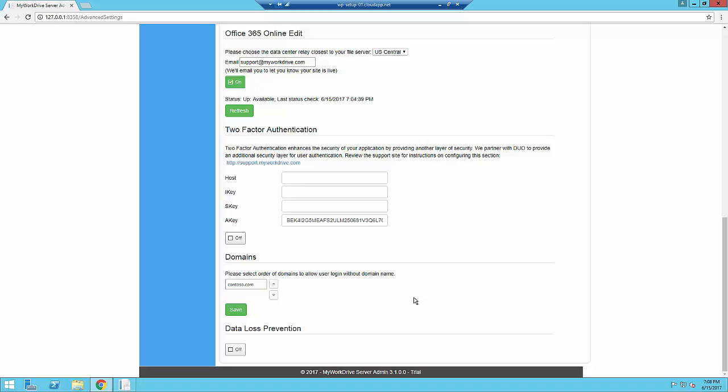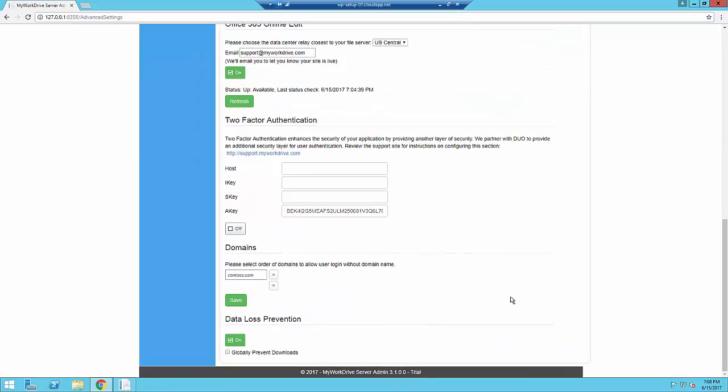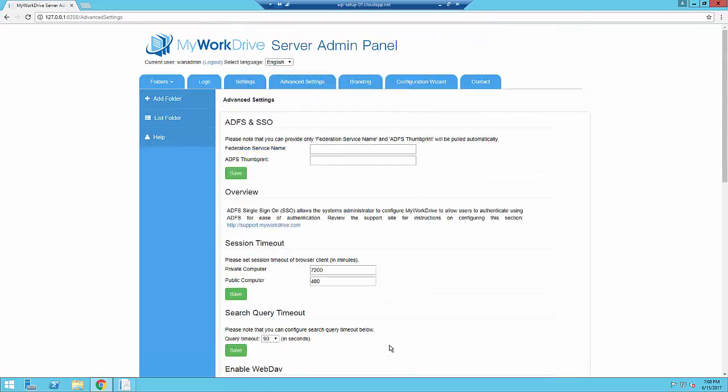We also have a new feature available called data loss prevention. So if I enable that feature, we have the option to globally prevent downloads. When we globally prevent downloads, that means on all shares nobody can download. However, I'm going to leave that feature turned on, but it'll still not enable globally prevent downloads, because once I've done that,